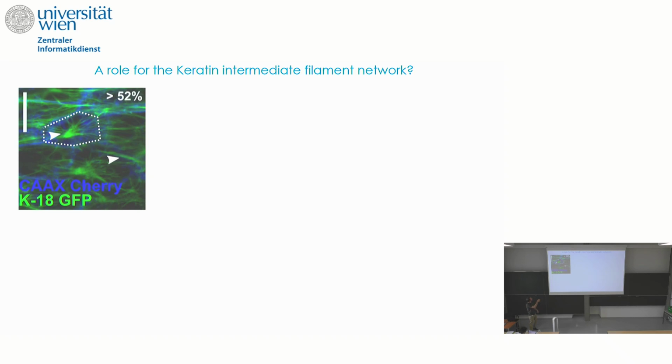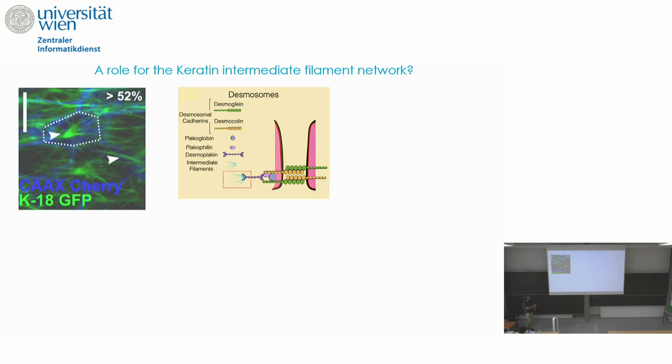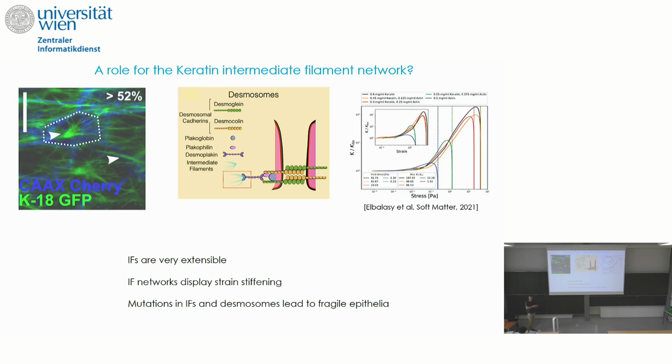And if you look at this image, it's rather difficult to know where one cell ends and the next cell starts, just from looking at the keratin network. At junctions, these are connected to desmosomes, and there are several proteins that will link first the keratins to the desmosomal proteins, and one that I'll talk about is desmoplakin, which is the one here. Keratins are interesting in the sense that they're very extensible, so they can extend more than 300% before they rupture. When you put them in networks, those networks display strain stiffening, but most importantly, there are lots of genetic